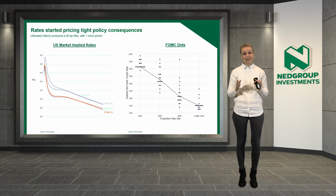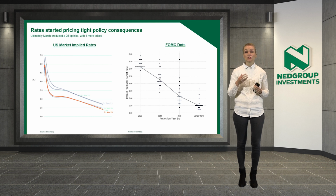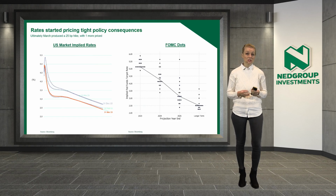It was, however, not this big pivot that I think some market participants were hoping for. They still remain quite dedicated to their view that inflation is still too high, rates need to remain higher for longer. So if you look at the dot plots that came out after the Fed meeting, you can see that they are importantly still not viewing any policy easing to happen this year. And that is in direct contrast to the market, which thinks that they will be easing later on in this